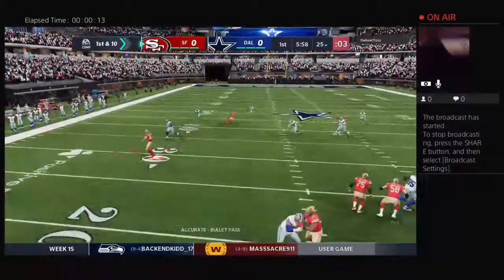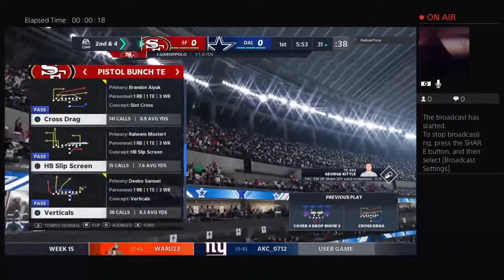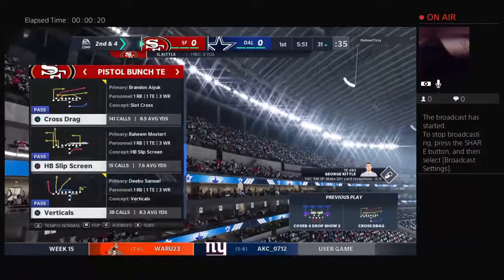Here's Garoppolo on 1st and 10. The first catch of the game for George Kittle. He'll be dropped after a gain of about 6 across the 30 to the...